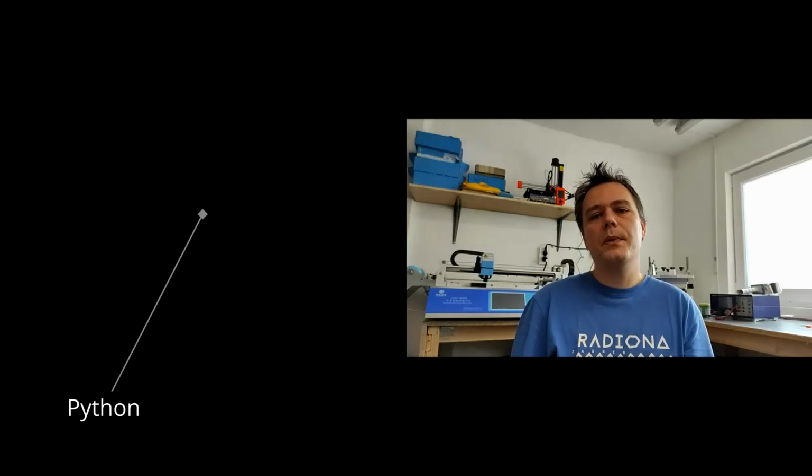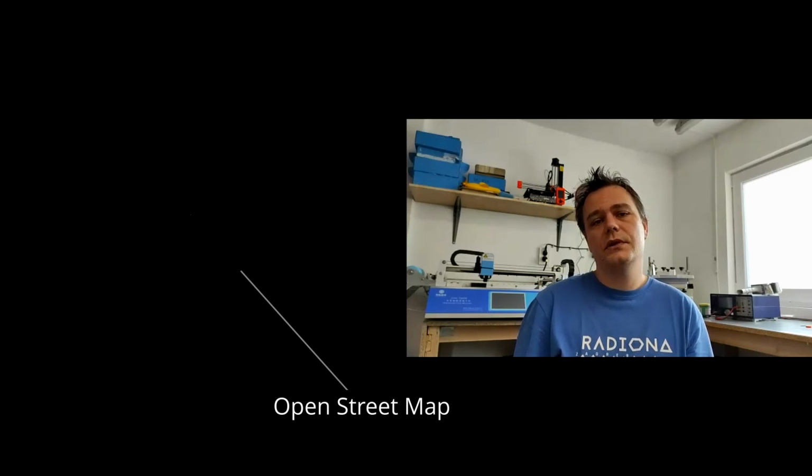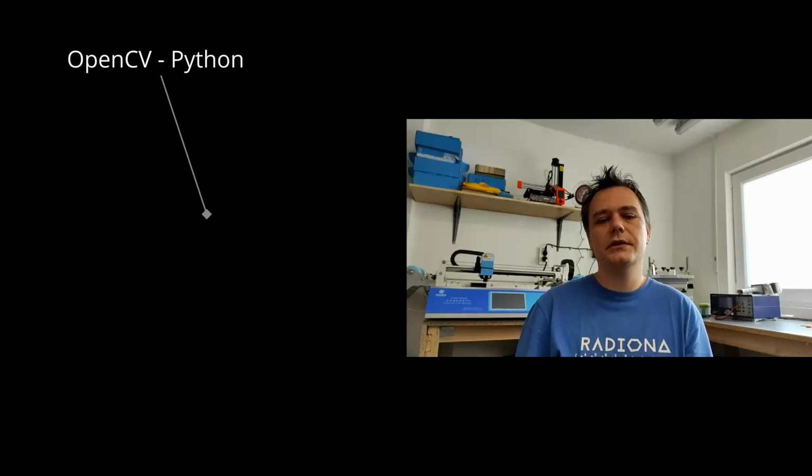This work is written in Python, and we are using OpenStreetMap libraries and PyPlot libraries. So we will draw a picture on the plot. We will plot a picture with PyPlot, and we will get the water elements from OpenStreetMap. Later in the projects, we are using OpenCV for checking some pixel numbers and to get more out of